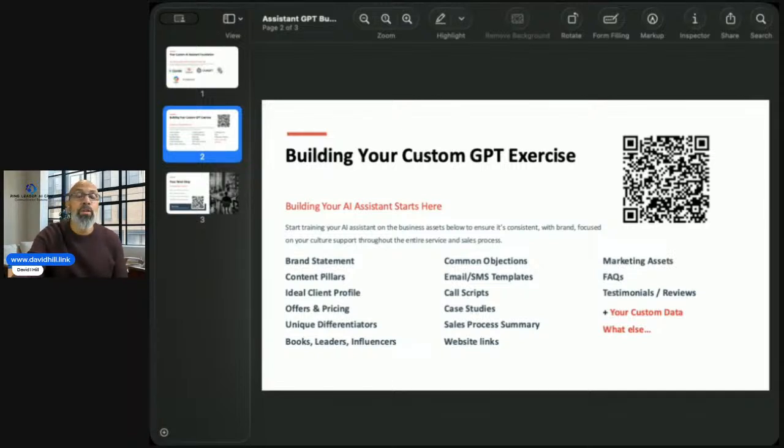Different leaders, like John Maxwell. I'm becoming a John Maxwell coach right now, so that's important to me. So pulling his stuff. Other influencers that you follow, you can pull some of their stuff in. I'm not saying copy them. What I am saying is you can model some of the stuff that they're doing that absolutely works. So you want to think about that as you're creating your custom